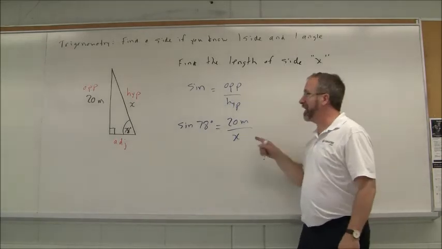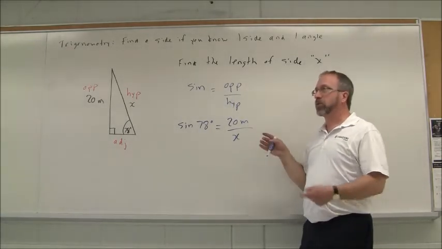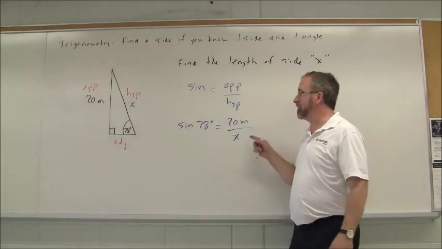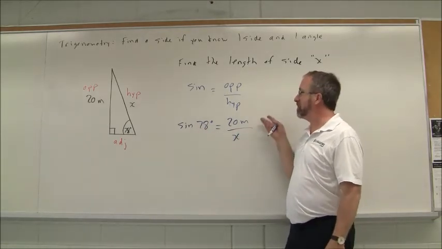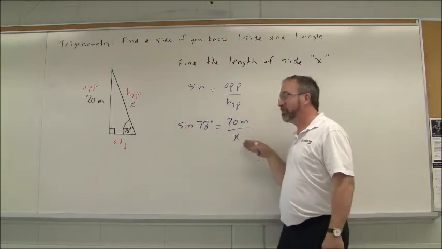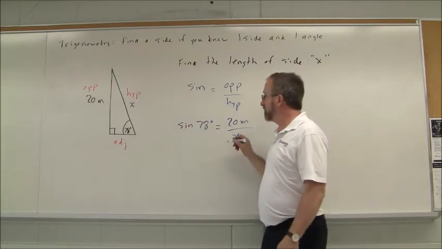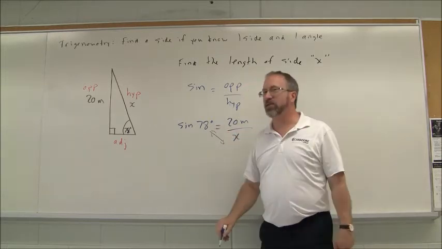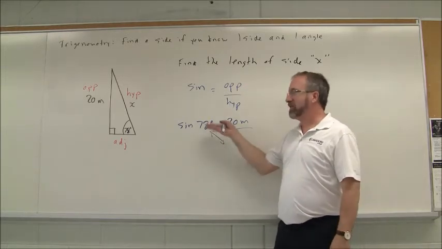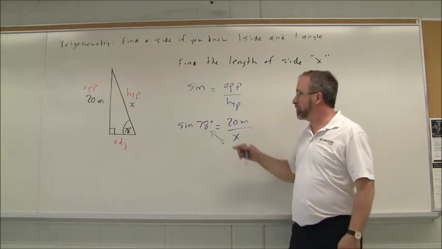Okay. We need to get that x off the bottom. Well, what I suggested to you in class is we can just switch these two. Now the math behind it is I multiply both sides by x, then I divide both sides by the sine of 78. But some people like to know all I'm doing is switching those. Mathematically, we multiply by x and divide by sine of 78. This will give us